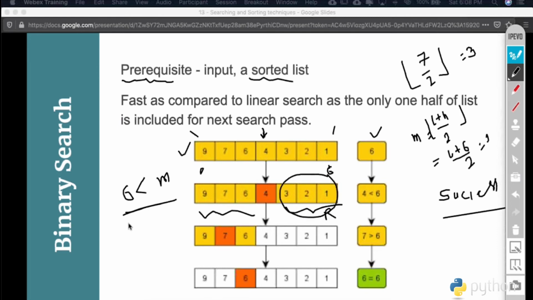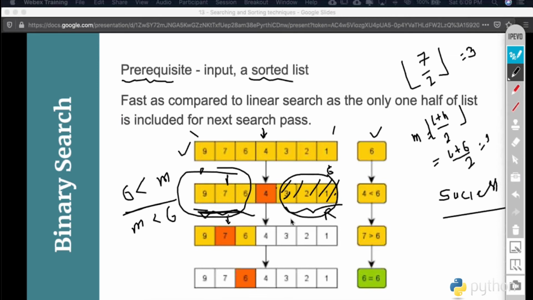If we get another case where your middle value is smaller than your key value, then we will look at the second half of the list. And while doing this, we discard the other half completely. So if we are considering this, we can ignore these elements and only focus our discussion on these three elements. As you can see, I'm getting a situation where the middle value is less than 6, so automatically I move to the left side of this list as it is arranged in descending order. Now I only focus my search on these three elements, and I carry out the same procedure. I look for the middle parameter, which is 7.